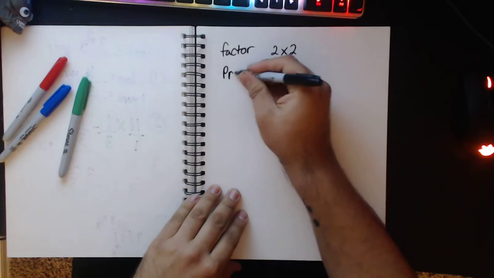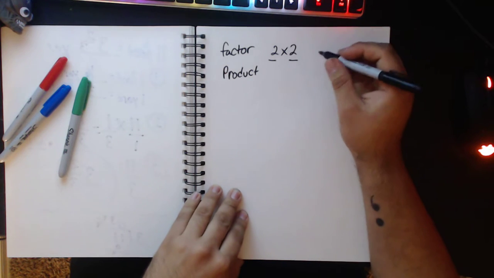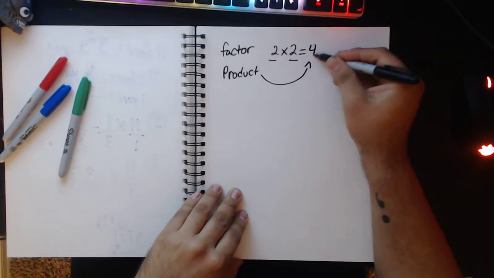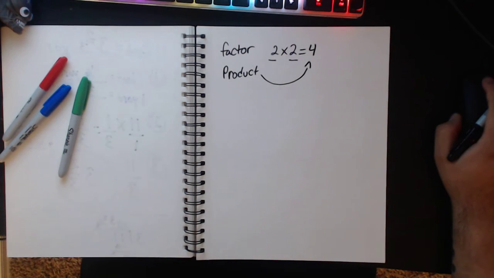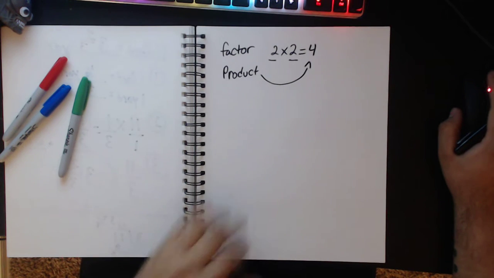Now, the product is the result of the multiplying. So whatever is here, that is my product. So what we are going to be comparing is the size of the factor and the size of the product. For example,